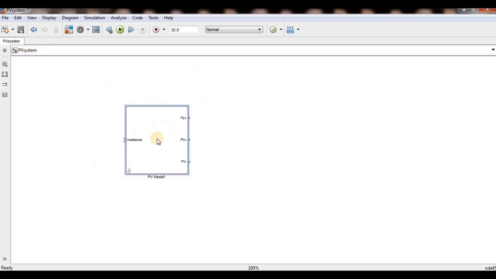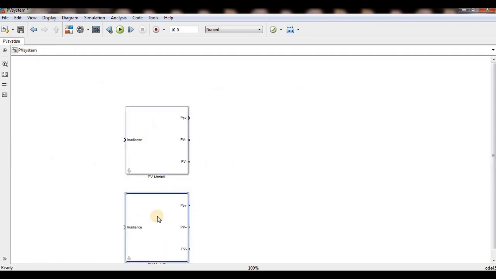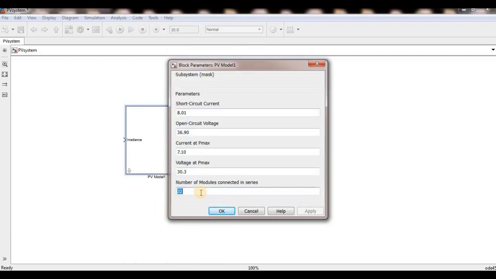You need not connect two modules in series like this; simply do it here itself. You can connect 20 or 22 or 23, because I required 640 or 660 volts to generate 400 volts RMS of the inverter. So I set the parameters like this. This is nearly 5 kilowatt.